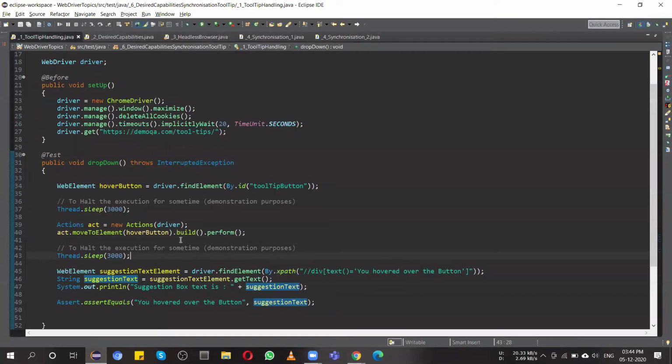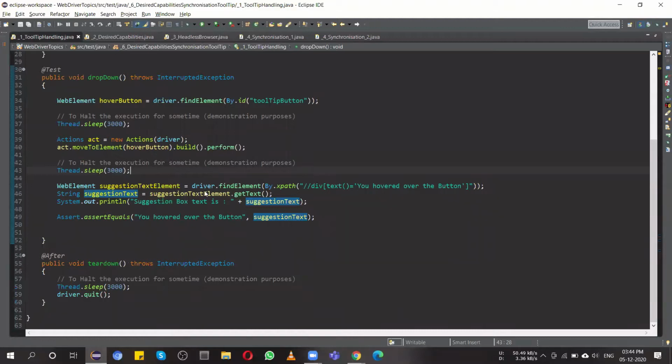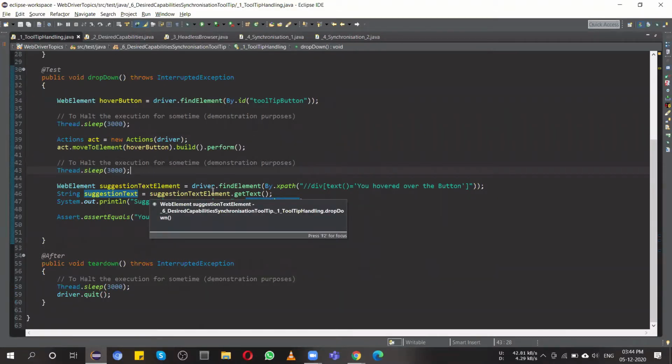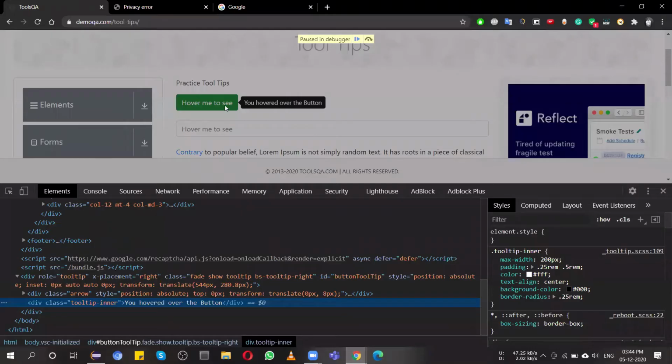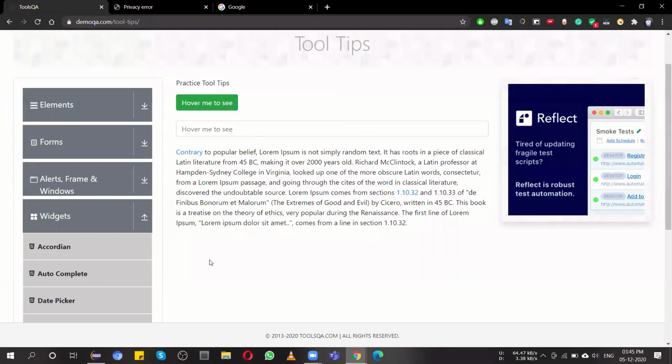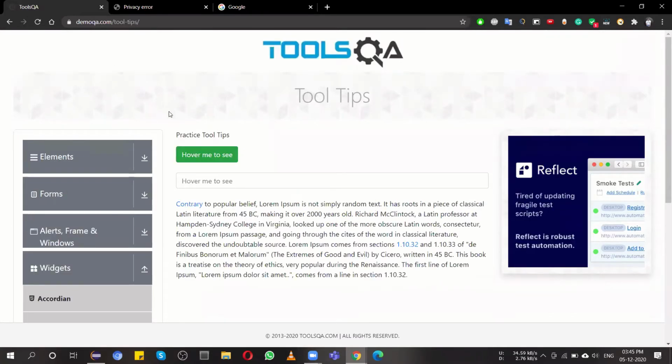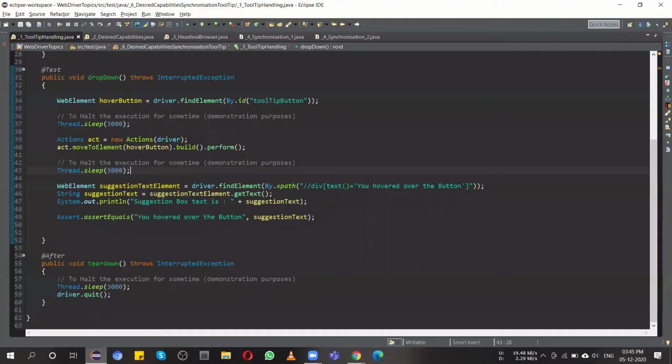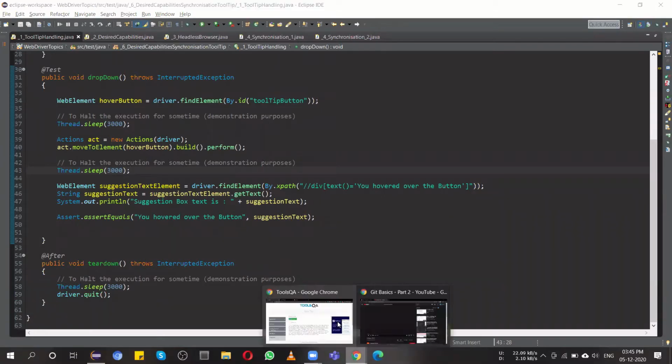So sometimes we have to do this in an interview also, or in some sort of scenario, because this is not the regular scenario we have to do in terms of testing. But sometimes it is more application specific or scenario specific, where you have to actually test this particular text also in terms of automation. So this kind of stuff you can do with the tooltip handling. So you have to do something like this. Any doubt or difficulty in this?